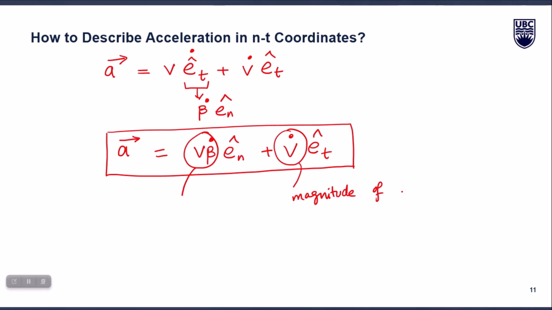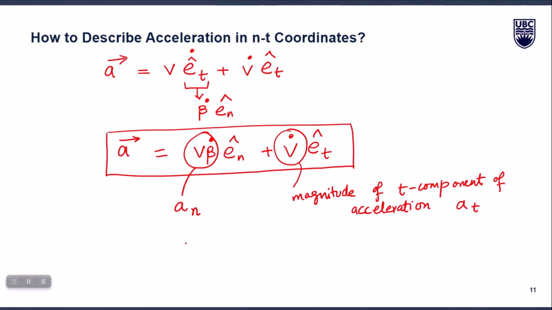So this v dot is the magnitude of the t component of acceleration, right? In scalar terms, I can call it a sub t, the t component of acceleration. Similarly, this quantity I can call a sub n, the magnitude of the n component of the acceleration vector, right? So some of the other scalar equations which you will be using in this topic will become actually,